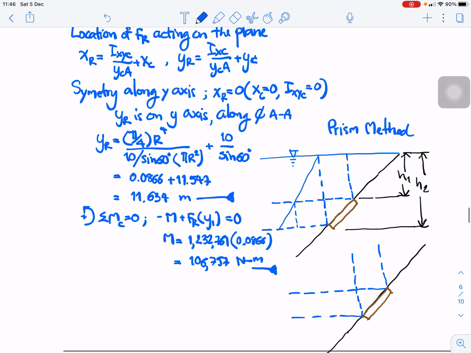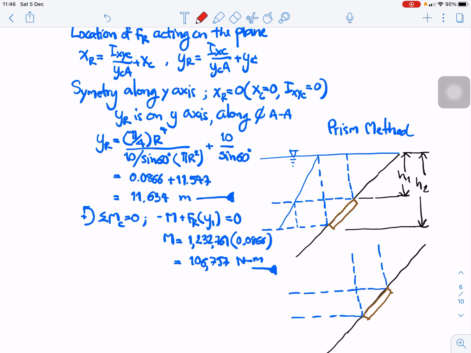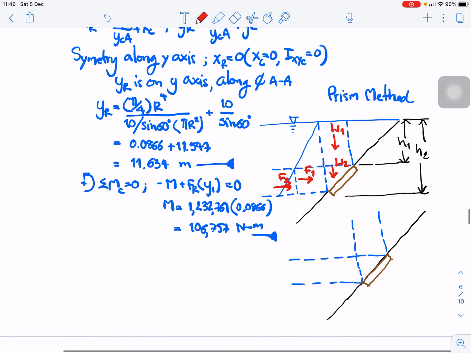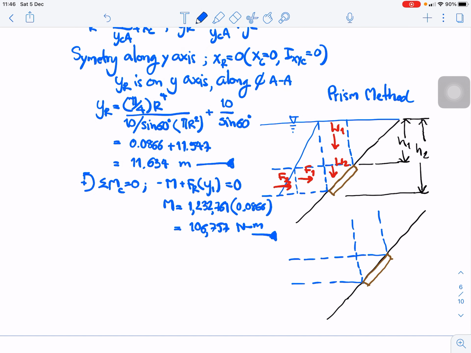We can use the method because we divide the vertical force into two forces like this, the vertical forces W1 and W2, and we can find F1 and F2. But for this, if we want to find W1,